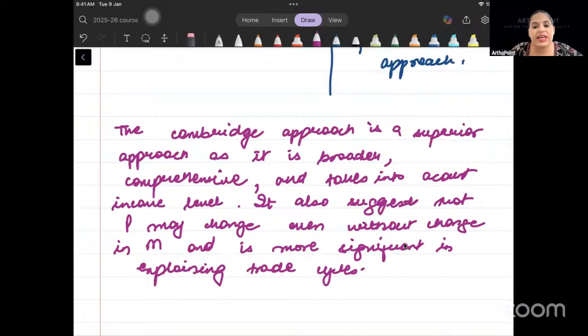Our Cambridge approach is a much better approach, more realistic. Yes, it's the basis of liquidity preference theory. It is much more realistic, broader, comprehensive as compared to the other approach, as compared to the Fisher approach. Is this clear, beta? Okay. So this is it for the question that I wanted to